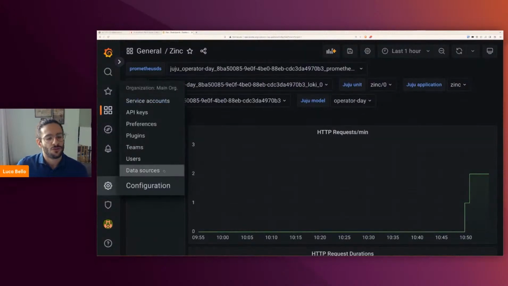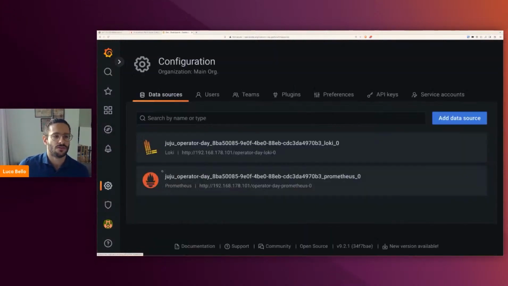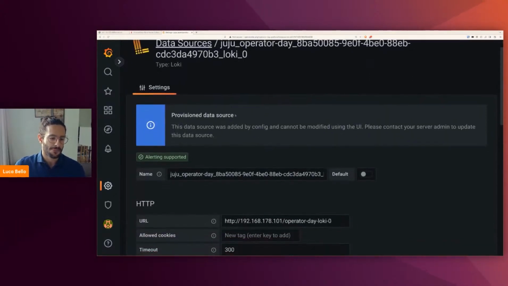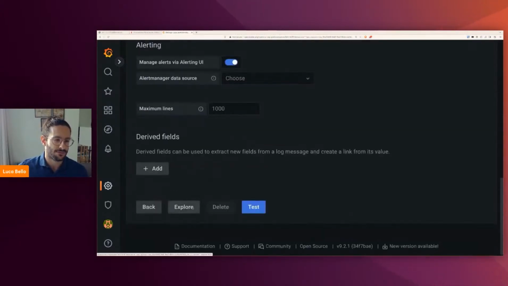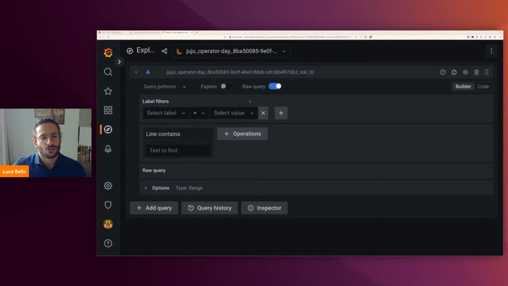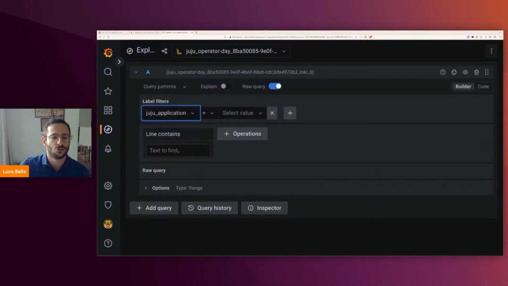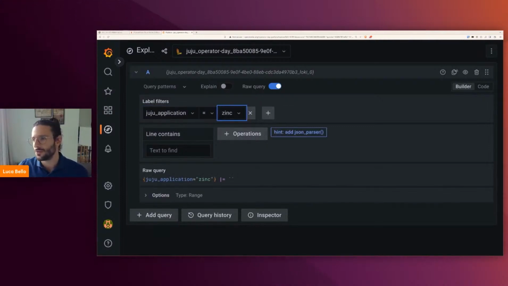I'm going to show you first through the data sources view. So these are the data sources that Grafana has. Of course, Grafana has Loki as a data source. I can explore that, and so I can show you how the Loki data source looks, because Loki doesn't have a UI. So this is the closest thing we've got. But I can show you that in the labels, if we select the Juju application, zinc is already appearing. And if I run the query,